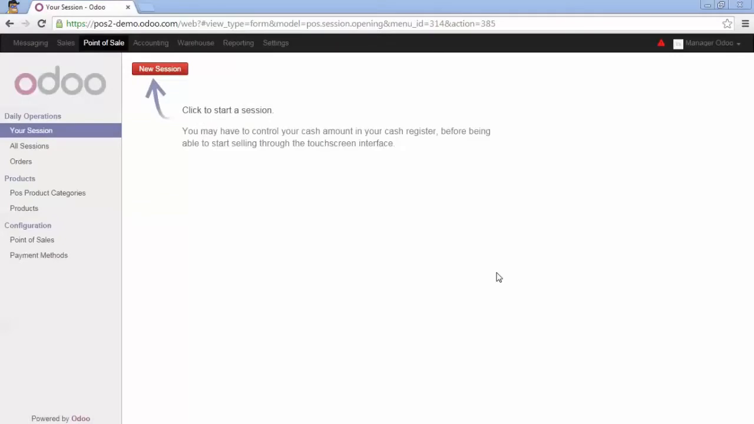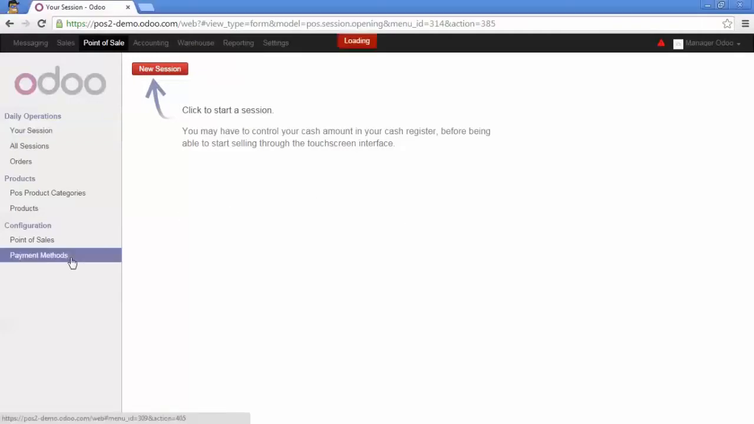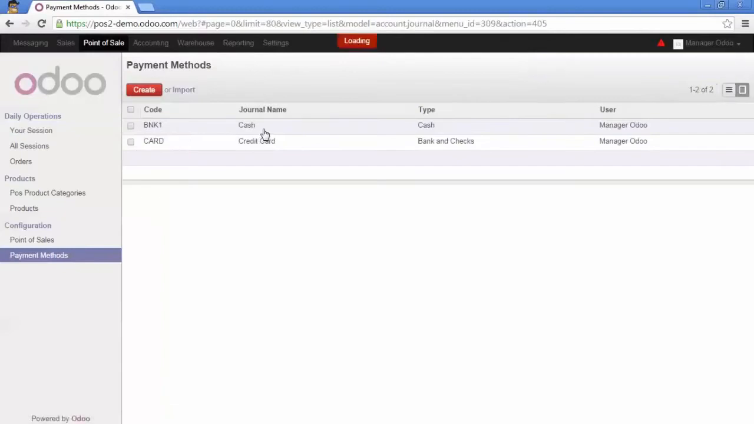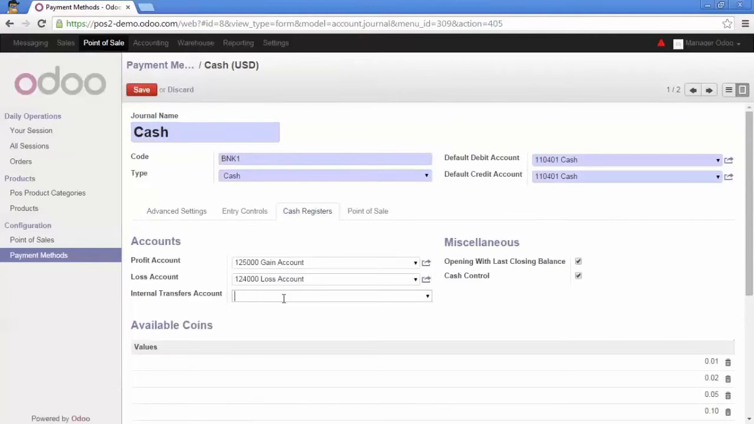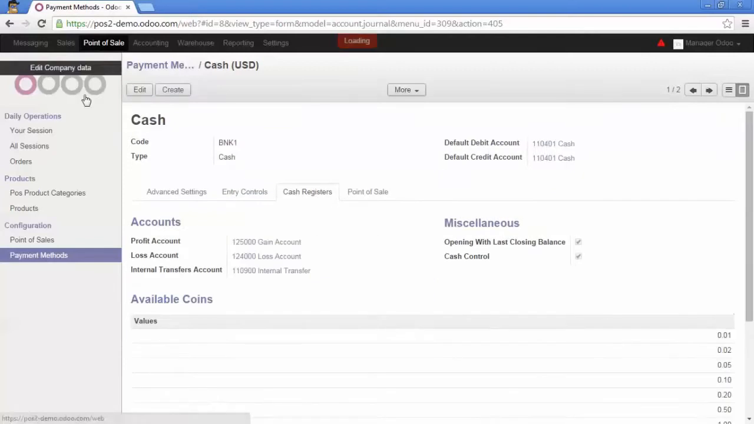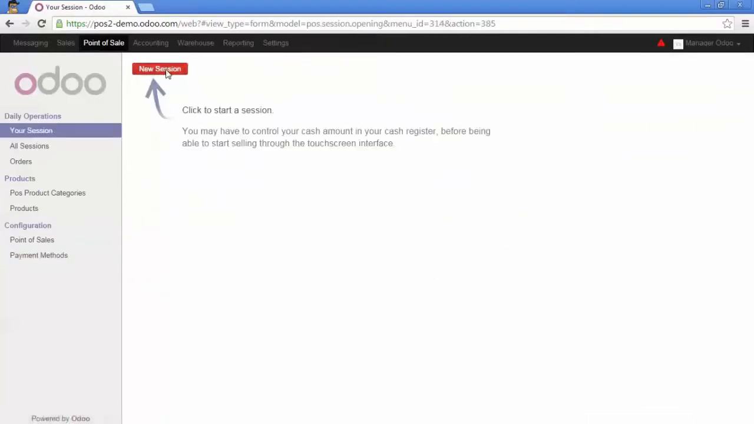Additionally, when a session is opened, you can put money in a cash box or take money out of it so that it's taken into account in the cash control. To do that, we need to perform an additional configuration on the payment method. So let's go to the cash payment method. In the cash register tab, we need to select an internal transfer account. Let's save this. And now, as soon as I have opened the session, so I'm going to do that right away, new session,